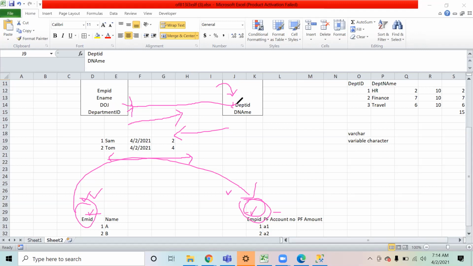For example, an employee can have multiple addresses, right? He can have one permanent address and a temporary address.